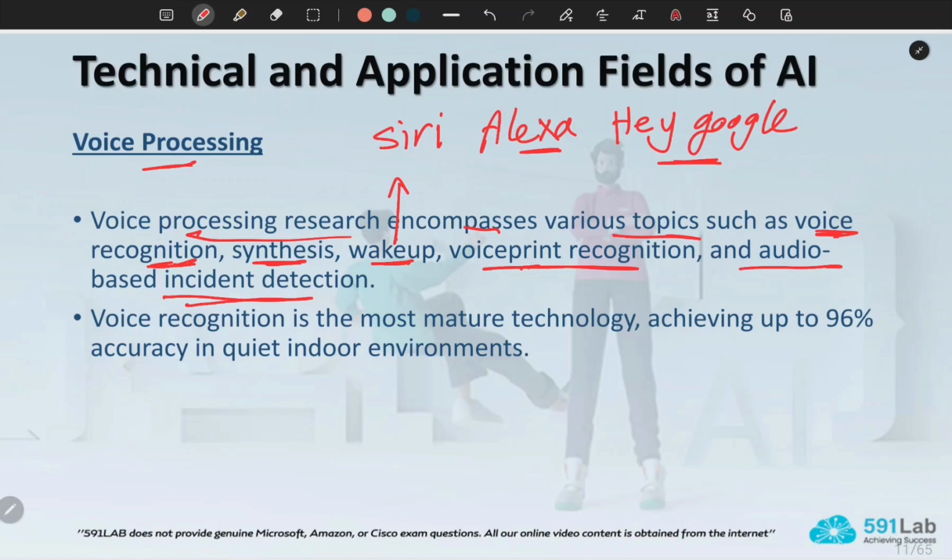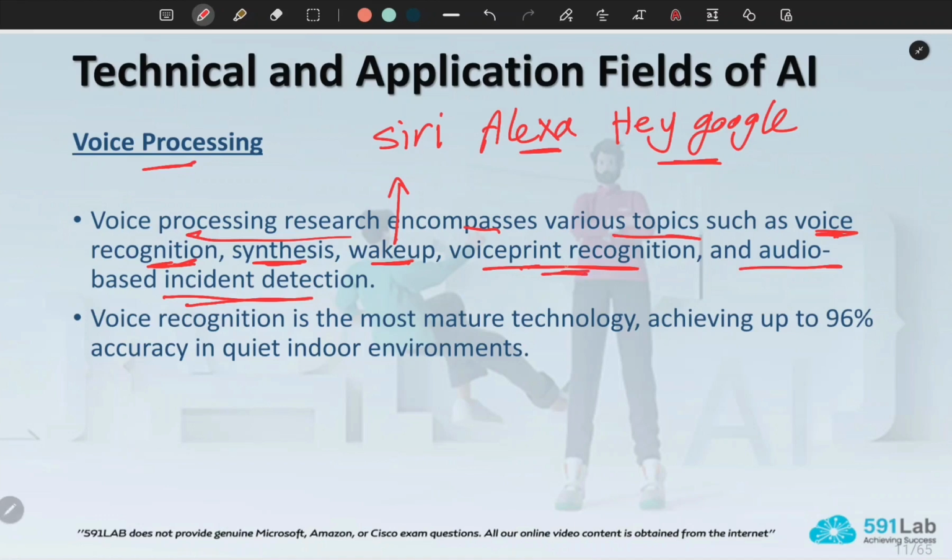So these devices aren't supposed to be listening to you all the time. They only wake up when they hear the wake up call, and then they activate the microphone and connect to the cloud. They take whatever you say to them and send it to the cloud and start processing. But after that it shuts down again. Only when you say the wake up call does it activate, wake up, and start interacting with you.